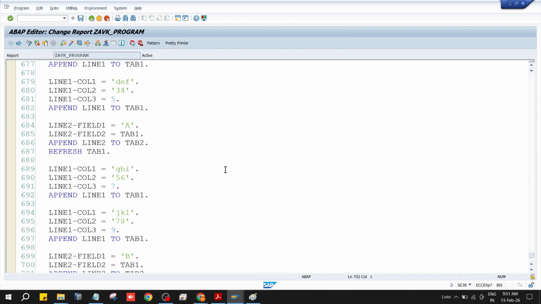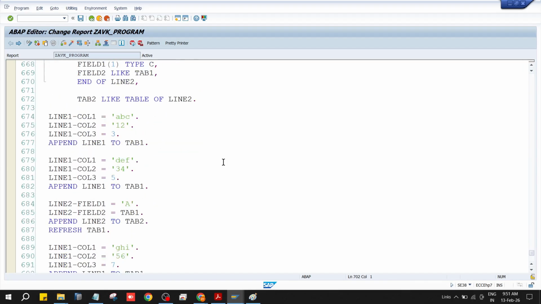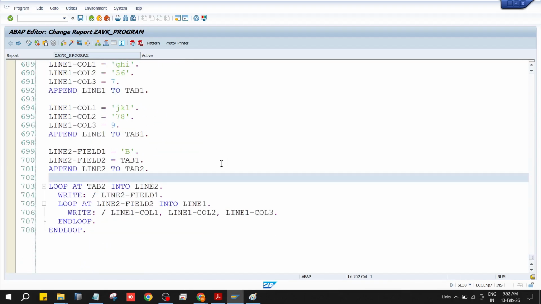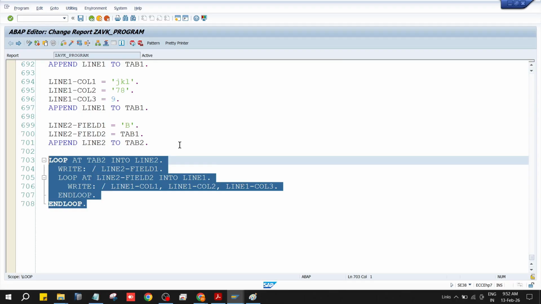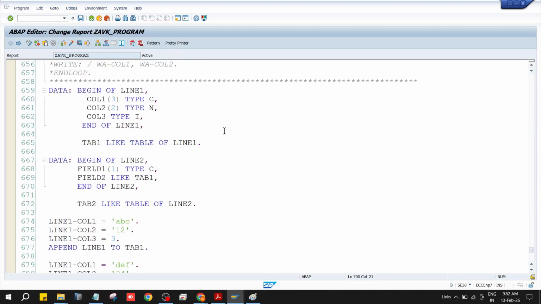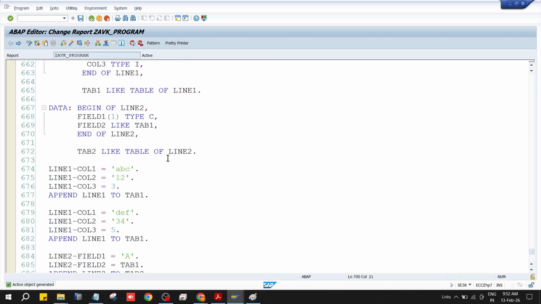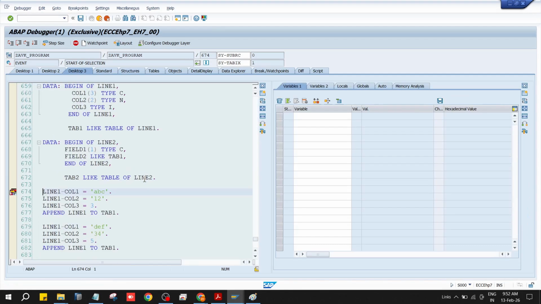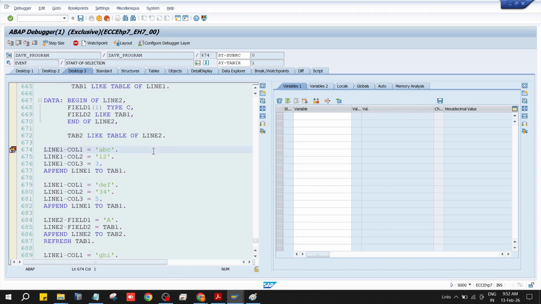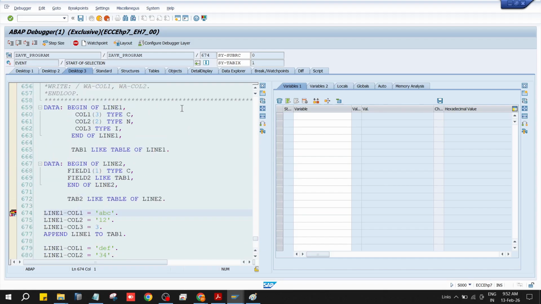So first step is declarations, append line, append line, append line. This is only the output statement, right? But we will go into the debugger only. That is the best, because we will keep a breakpoint at the executable statement. Either you have to do paper analysis or else you can go to the debugger, the best way. So first of all, line 1, line 2,